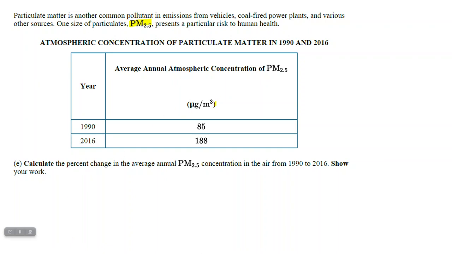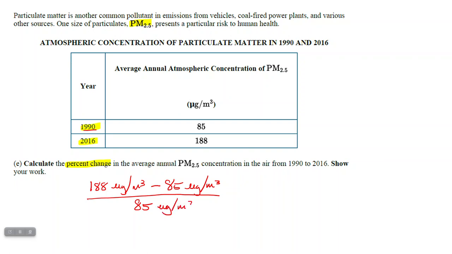We've got some atmospheric concentrations of particulate matter in a particular city in 1990 and then again in 2016. And we need to calculate, again, the percent change from 1990 to 2016. So very similar to that first question. So again, remember, it's the difference, which would be what we got in 2016, which is our 188. And you can put micrograms per meter cubed if you want to be certain you get points, minus our initial, which is 85 micrograms per meter cubed, divided by our initial value, which is the 1990 value of 85